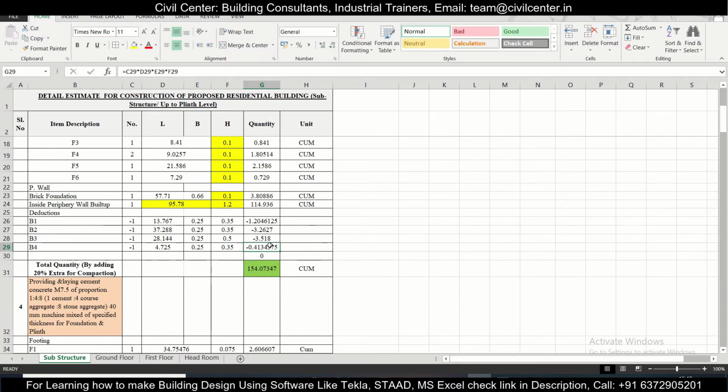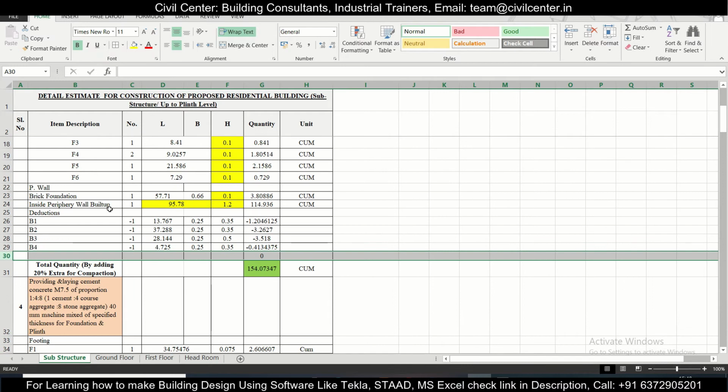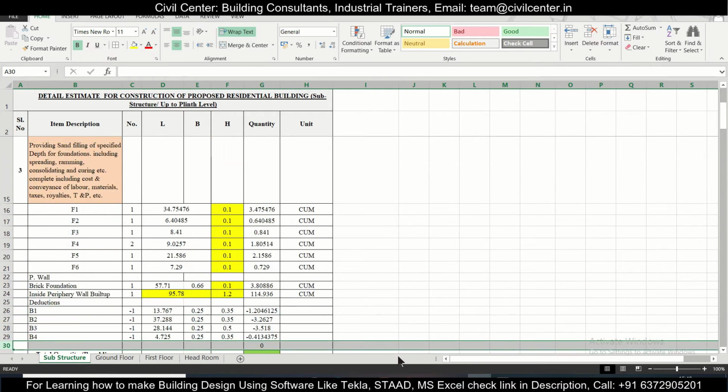So we have got the deductions for our beams, which will be the deduction for the sand inside the periphery wall. Now let's check whether we can make any more deductions. The more accurate you can go, the better. If it's only a rough estimate, then you can avoid these deductions as well, because it will give you a bit of quantity on the higher side, so that there is no problem in that. But usually you can go for more deductions as well. So the more deduction you can do is for the footing here.